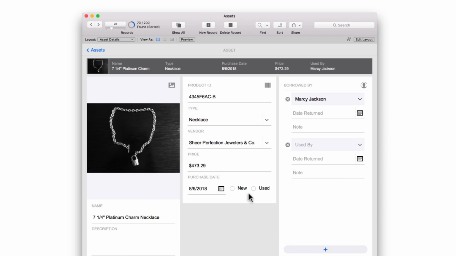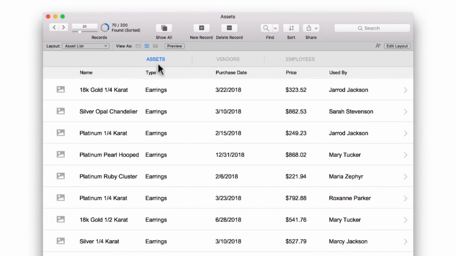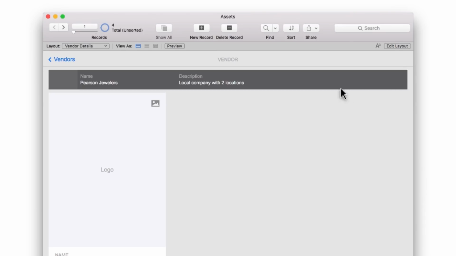The Assets Starter app stores not only assets, but also vendors and employees. Clicking on the blue Assets arrow takes you to the asset list, and you'll notice three options in the header: Assets, Vendors, and Employees. Click on Vendor. Once you click on any vendor, you'll see the Starter app, as is, only tracks the vendor name, the description,